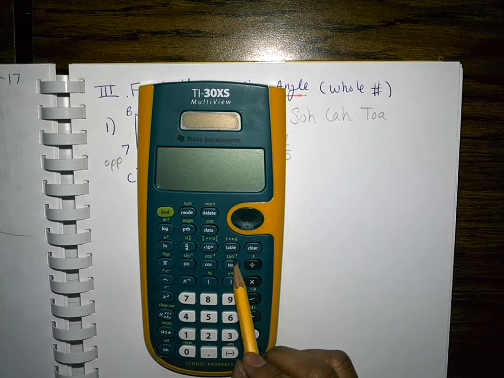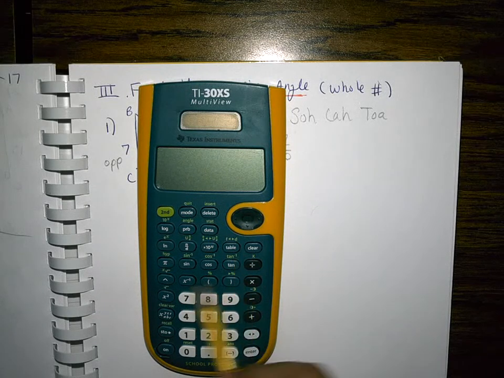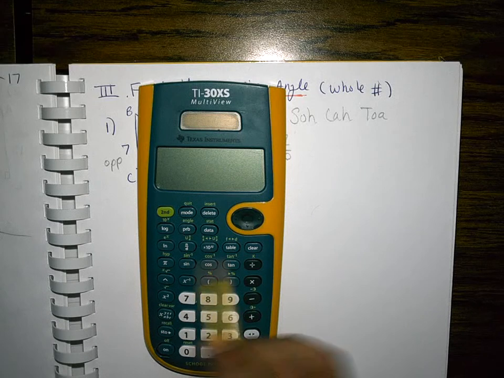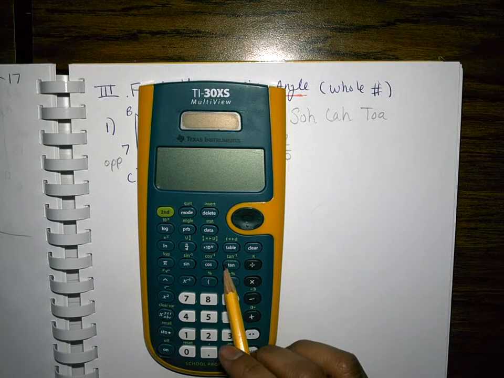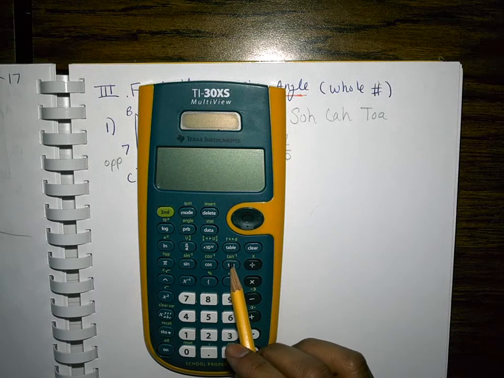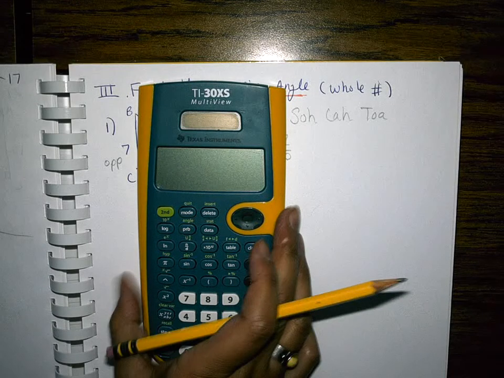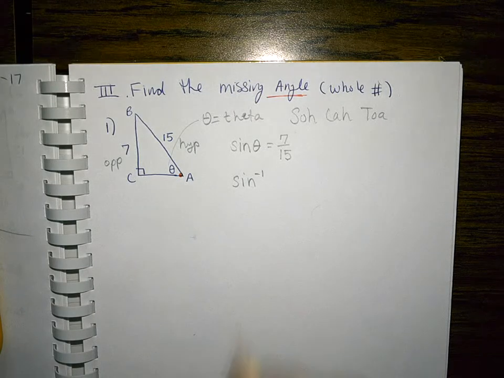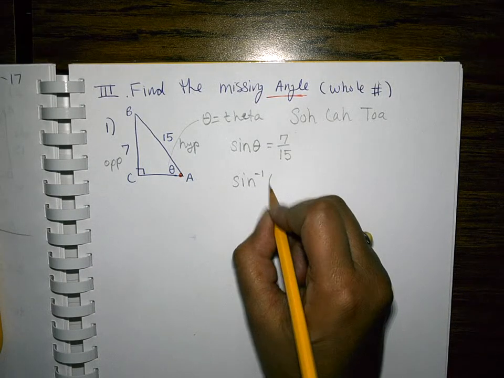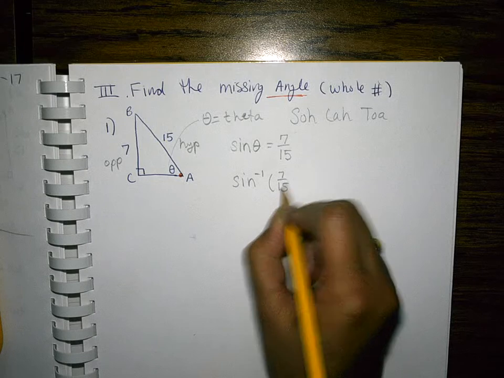Now this is awesome because we're going to be using a whole lot of keys here that you've never even known how to use before. You don't even know why they were there in your calculator, and we will be using them all unit long. All right, so inverse sine of 7/15 is how we're going to plug it in our